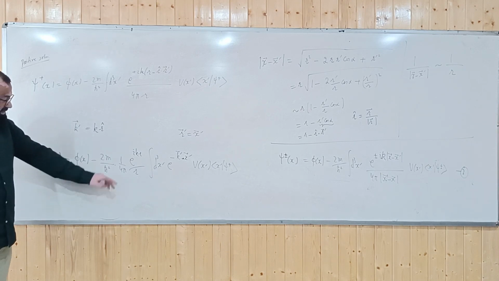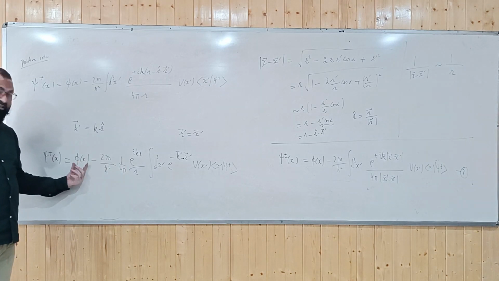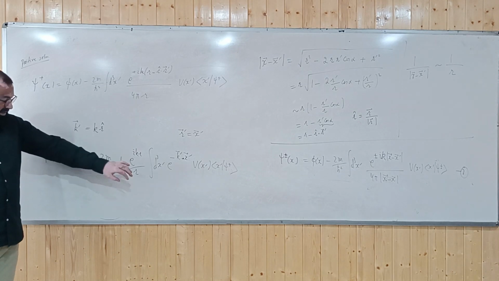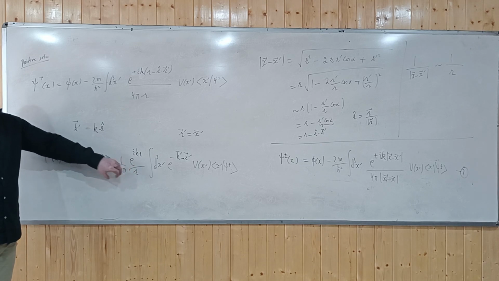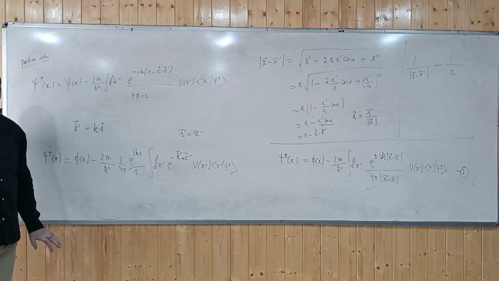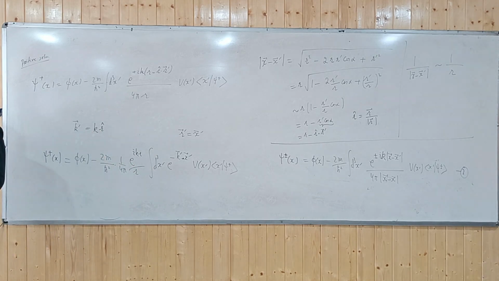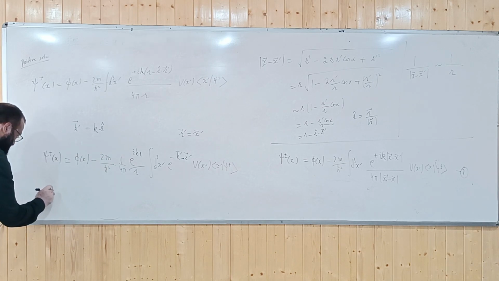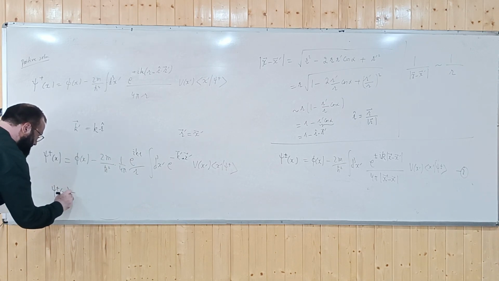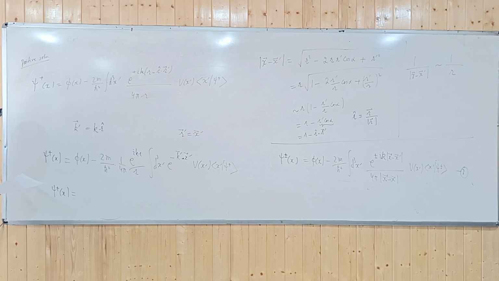Now, do you think there is an outgoing wave? This is an incoming wave. Apart from other factors, there is this kind of wave, e raised to i k r by r, so an outgoing spherical wave. Clear? Okay. So let me write it this way. So psi plus of x is equal to